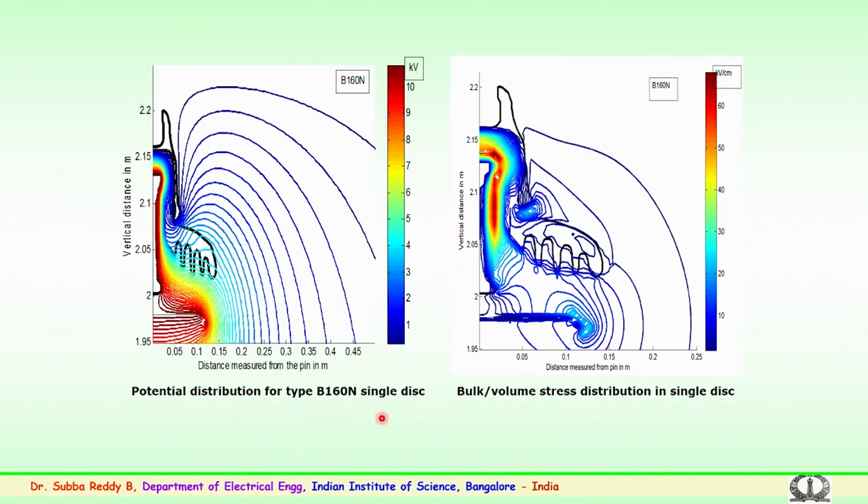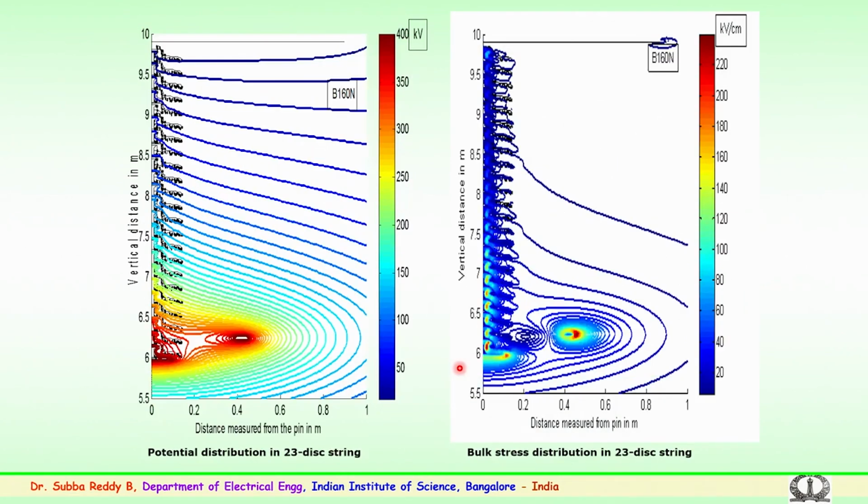This is the potential distribution for different types of insulators. We have also tried to simulate the bulk stress, the point where the insulator could be in a high stress zone. So, the potential, the electric field and the bulk stress have been simulated for various insulators and various strings up to 400 and 765 kV, and all this gives an equipotential plot for a 400 kV transmission tower consisting of